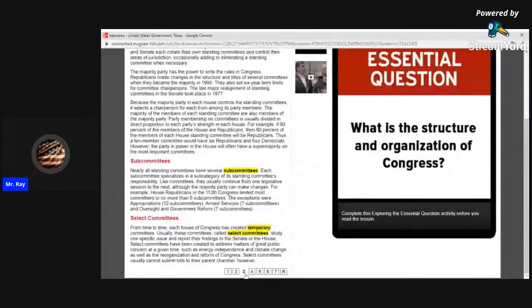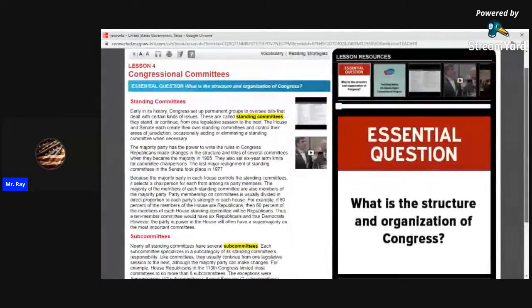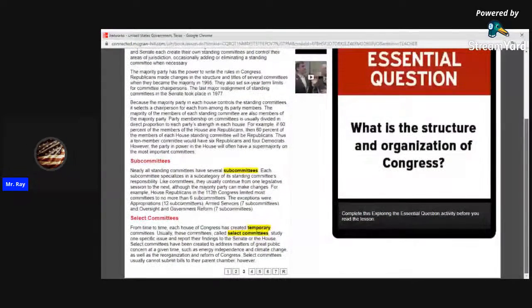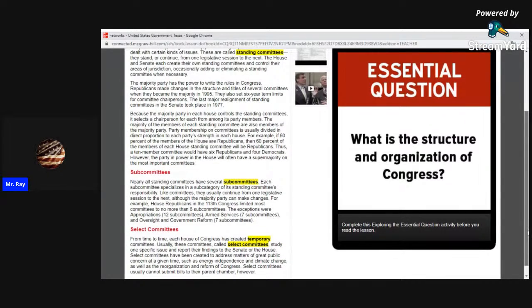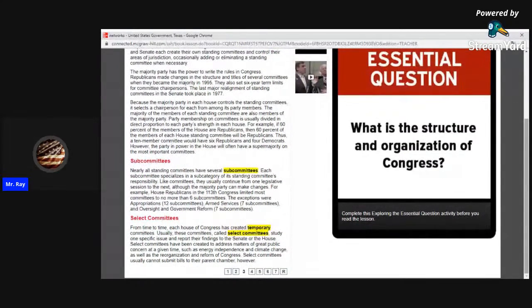First, you have a standing committee. They work only on certain issues and continue debating them for an entire session. That's going to be on the top here. That's basically what they do, the standing committees. We have some subcommittees. They take small parts of the main issues and they specialize in them. So if we have something about, I don't know, clean energy, maybe somebody in the subcommittee is an expert in solar energy. So the subcommittee is going to study that, while the standing committee is going to study the whole issue of cleaner energy